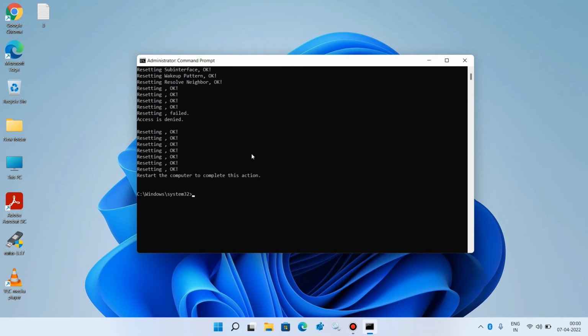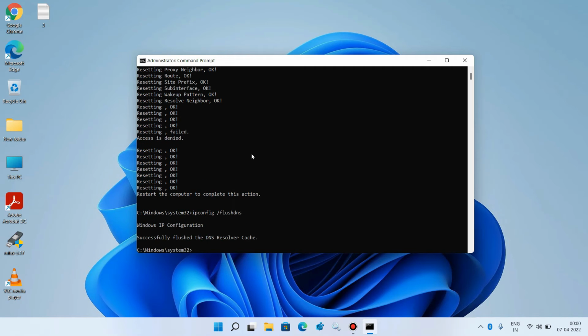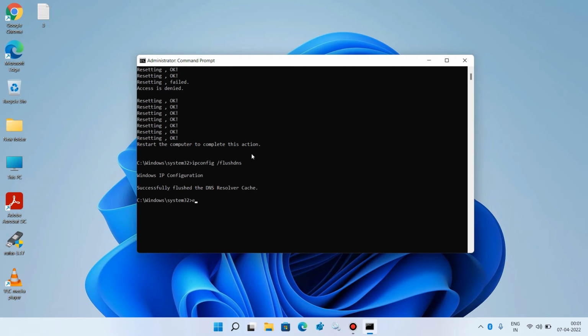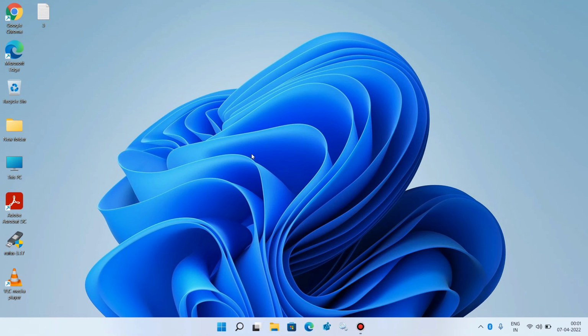Now the last command is ipconfig /flushdns, and now hit enter. Now type exit and hit enter. Now just restart your system, and after restarting your system, just check whether your issue is resolved or not. So this was method number 3.